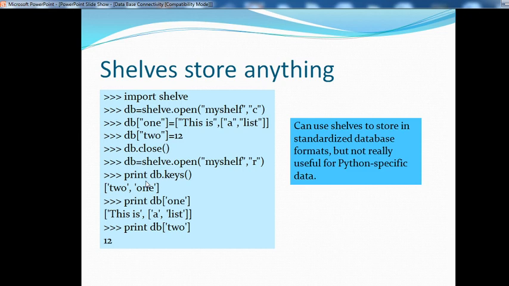You write db = shelve.open, myshelf, r, print db.keys(), 2 and 1, whatever keys are available in the database. Then print db 1, the content available, this is a list. Print db 2, 12. That may be useless to store in standardized database formats, but it is a really useful Python-specific database.